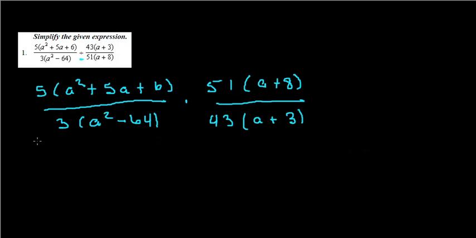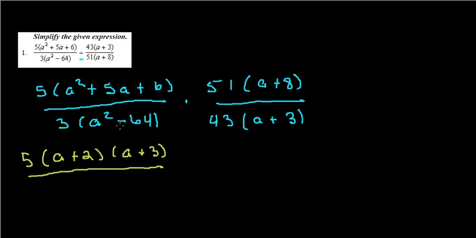So 5 is going to remain the same. So 5, and what two numbers when multiplied equals 6 and added together equals 5? Well, that would be 2 and 3. So a plus 2, a plus 3, over,